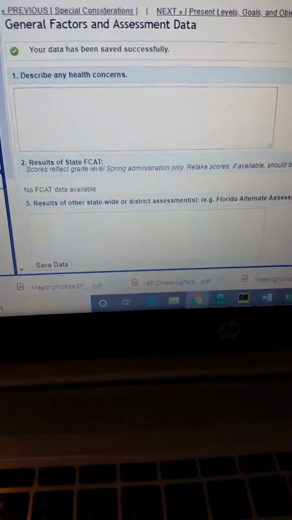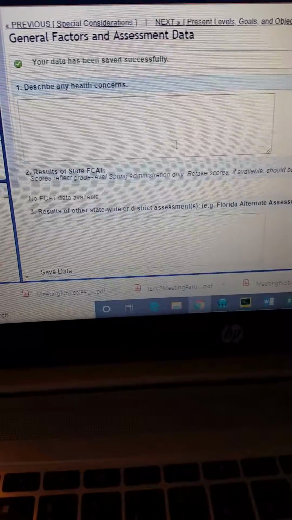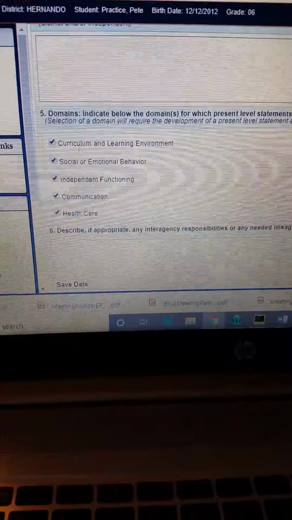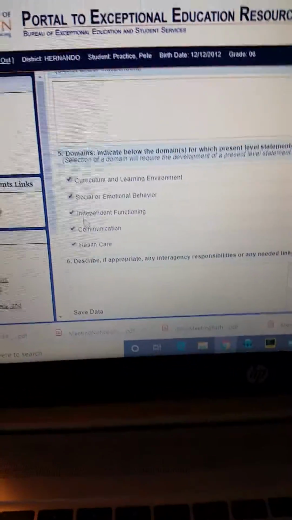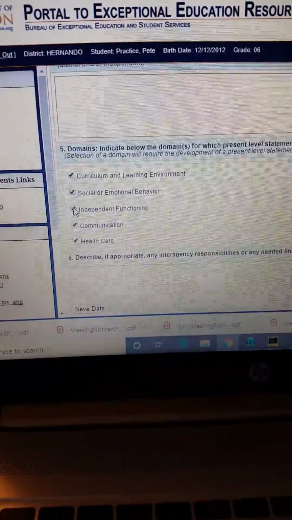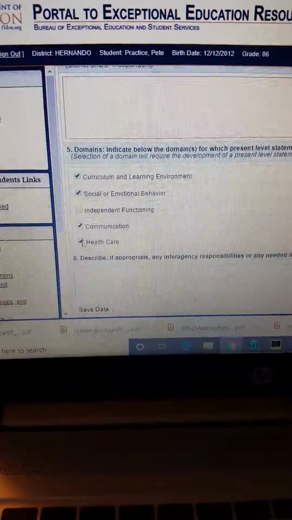Again, we're here with the present levels, goals, and objectives part of the IEP. So here we're under the general factors, and I just wanted to touch upon this if you didn't watch this one before. So right here is where the domains are. So you have to click these in order to write a goal underneath that domain. So I'm going to click social, emotional, and